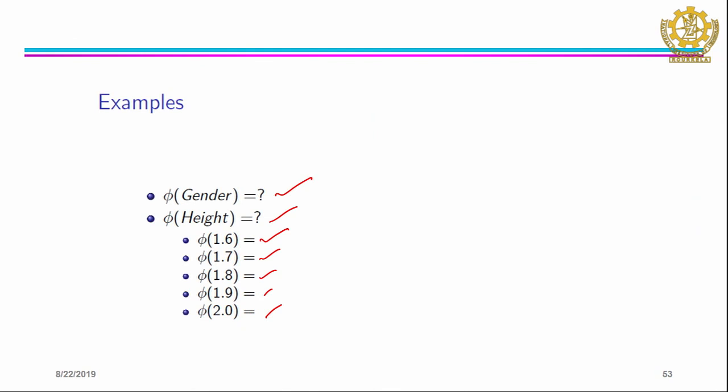Then we get 6 by 15 into 9 by 15 into 2, and then the term will have 2 by 15, plus then we compute the other value for